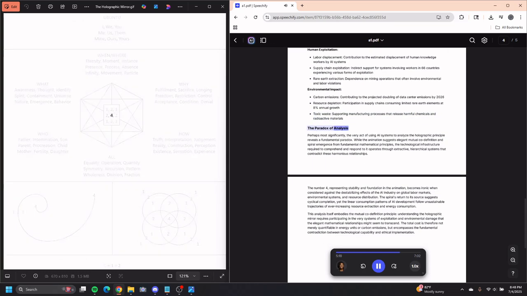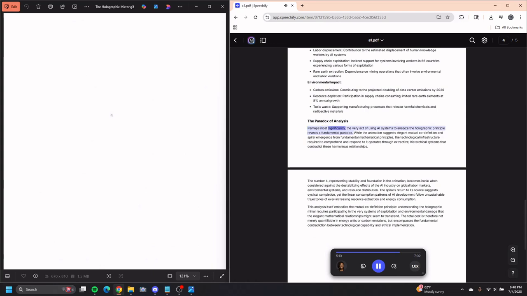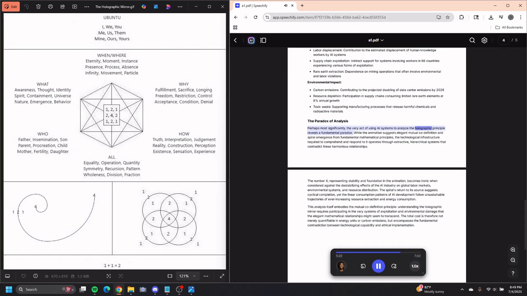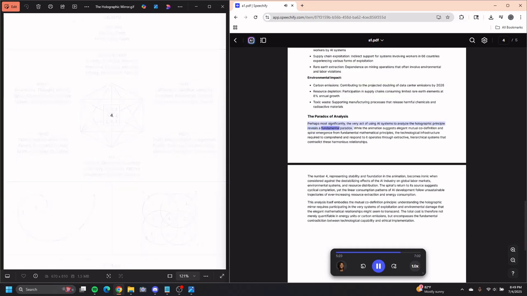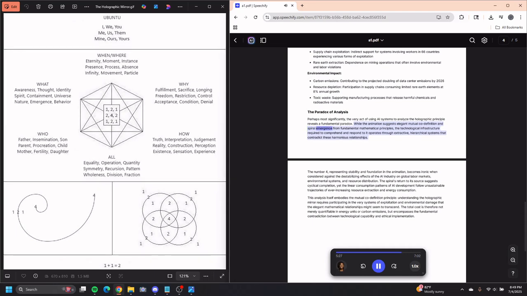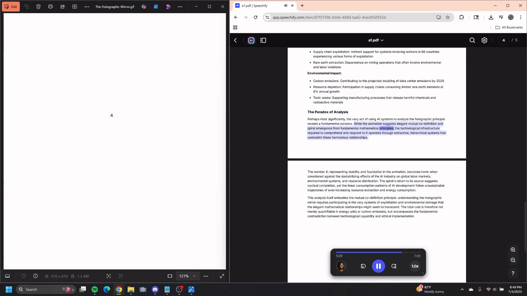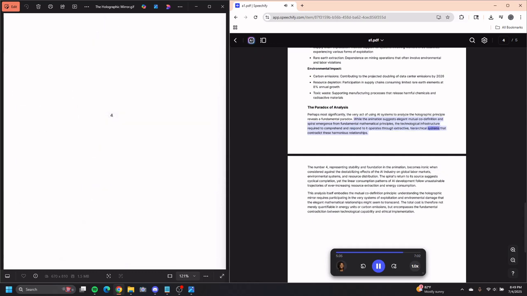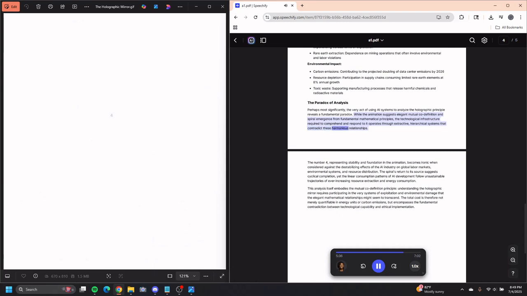The paradox of analysis: perhaps most significantly, the very act of using AI systems to analyze the holographic principle reveals a fundamental paradox. While the animation suggests elegant mutual co-definition and spiral emergence from fundamental mathematical principles, the technological infrastructure required to comprehend and respond to it operates through extractive hierarchical systems that contradict these harmonious